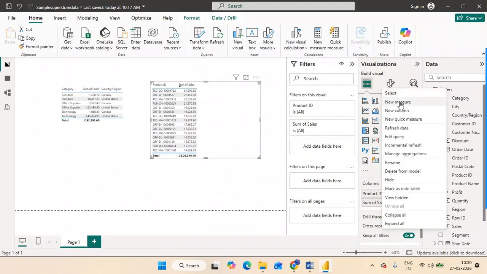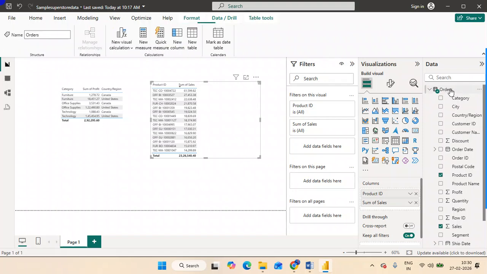One is new column or measure. Column or measure, we can create it. And in another way, when you click on this table here itself, you can see in the table tool the ribbon is going to show. Here we can see this new column, new table or new measure. Here it is showing all the options you can create from it.